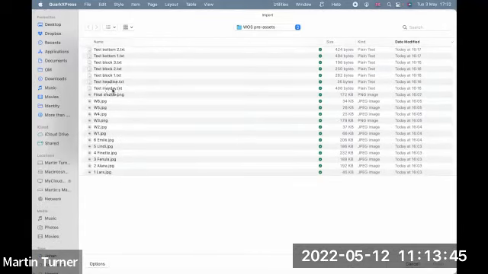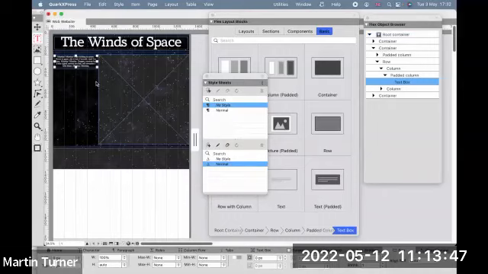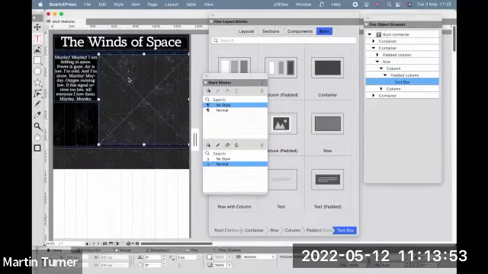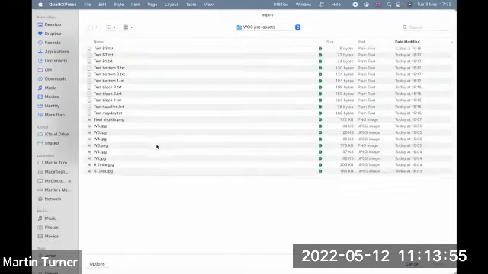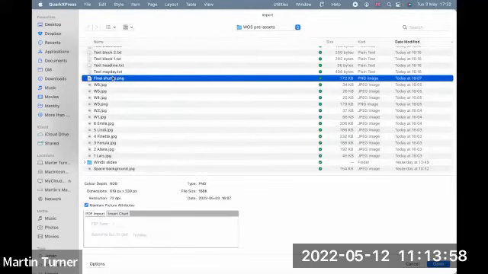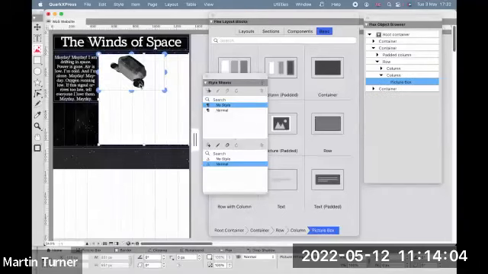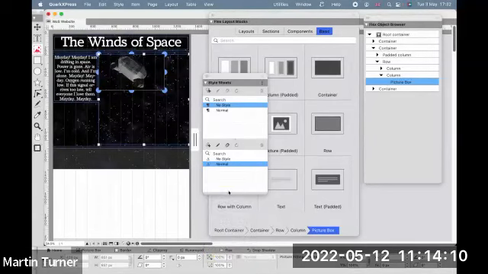This is my teaser text for the website, and that goes in there. Let's make that just a little bit bigger. Here we go. Okay, and now I want a picture, and I'm going to put this space shuttle in, rather nifty one. Now this is a PNG file, and a PNG file, unlike a JPEG, can have transparency, which, as we're going to see in a moment when I turn off the white background, is going to work very well